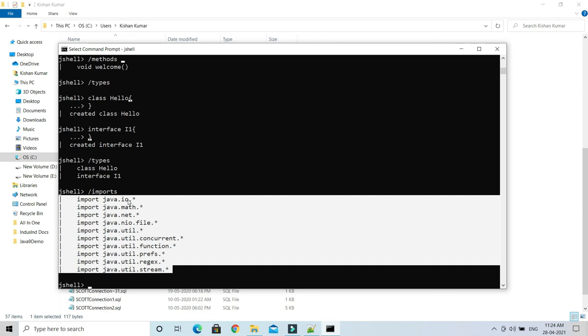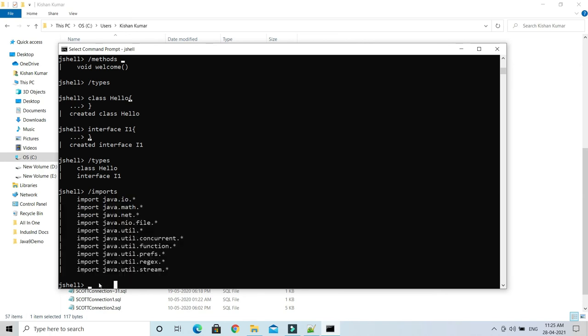If you want to use classes, methods or constants declared within this list of packages, then you don't need to import these packages in JShell. But apart from these packages, if you want to use some other packages, then you will have to import them. Like let's say I would like to use some interfaces or classes from java.sql, then you need to import that package. How to import? Using the import keyword.